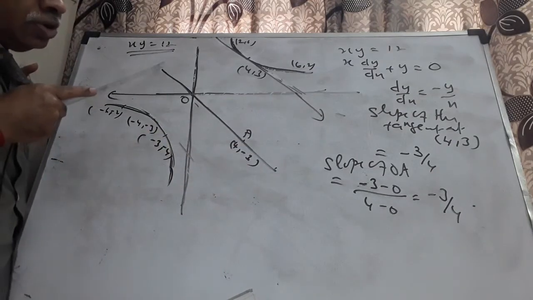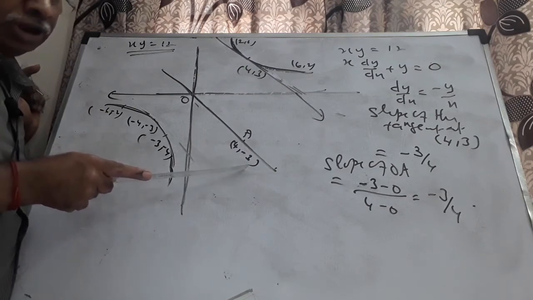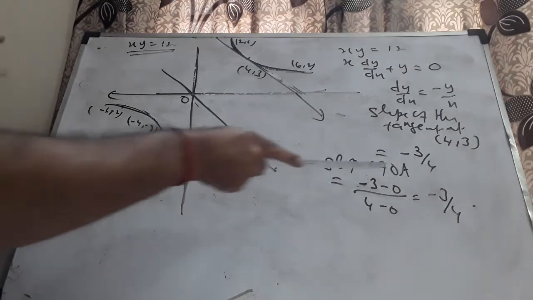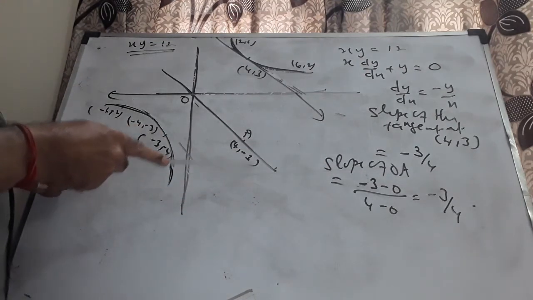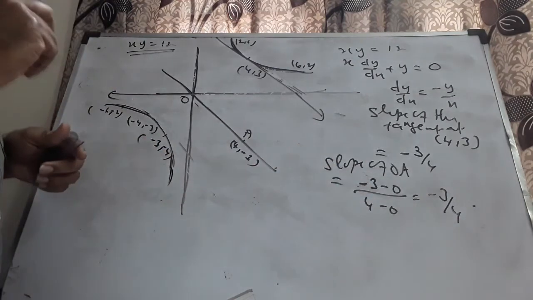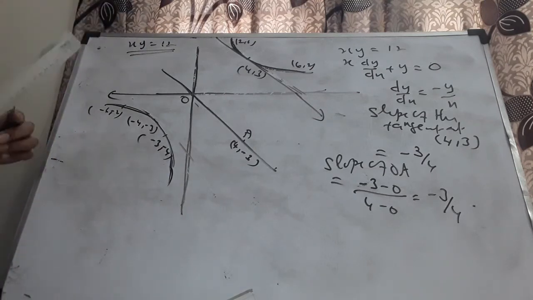Let me just draw the line through O (0, 0) and A (4, -3). I'll tell you why I am doing so. The slope of OA is nothing but (y2 minus y1) by (x2 minus x1), which is (-3 minus 0) by (4 minus 0), that is -3 by 4. You know very well that in two-dimensional geometry, two lines are parallel if and only if their